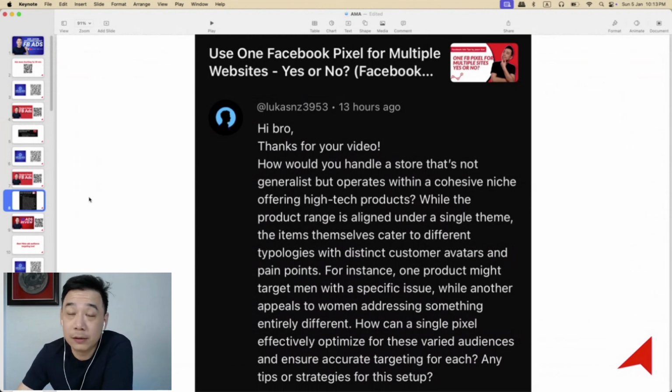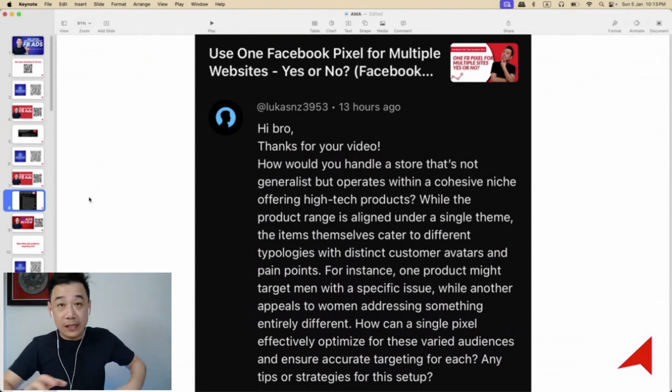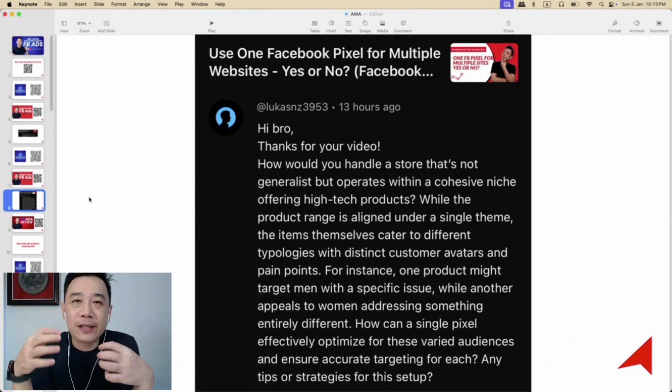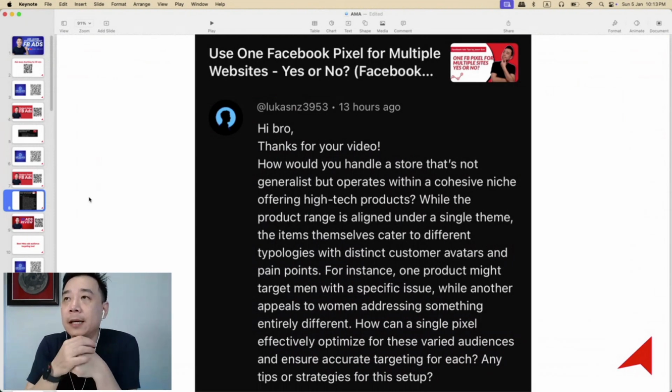Like for example, an electrical shop. They can be selling, like, one side is selling washing machines, the other side is selling whatever LED TV, for example. And these are totally different people, because if you're looking for a washing machine, you're not looking for a TV. They're totally different people. But as long as they're under the same category per se, you should actually use the